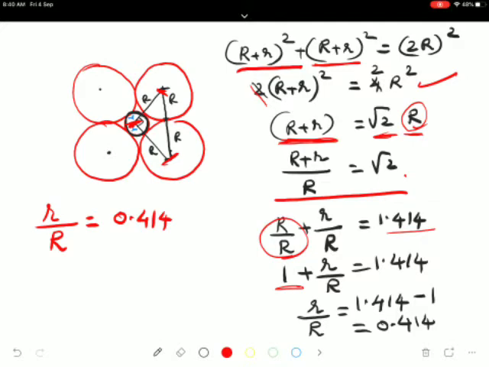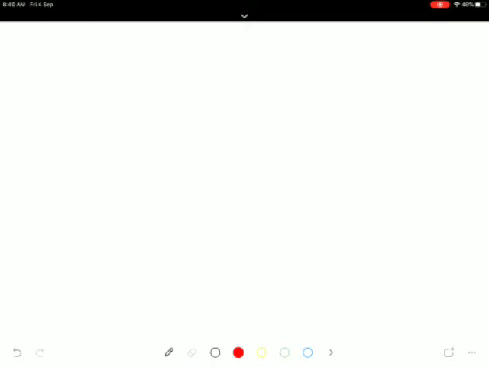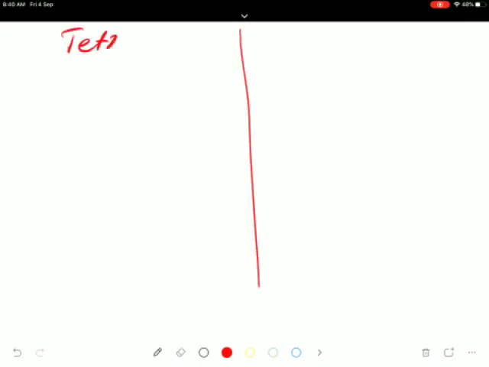What are the differences between octahedral void and tetrahedral void? Next heading, that is differences between octahedral and tetrahedral void. For you, only this radius ratio derivation is there. Tetrahedral void and octahedral void.